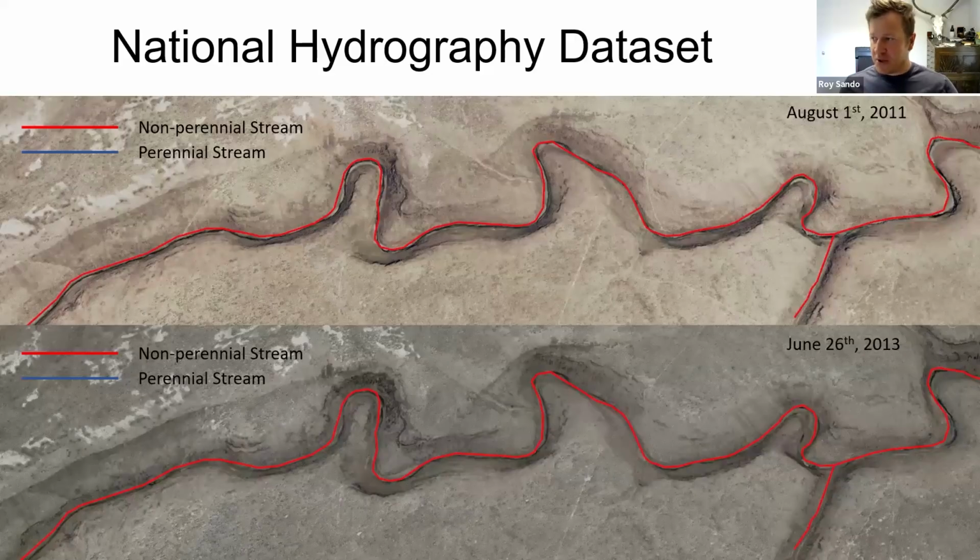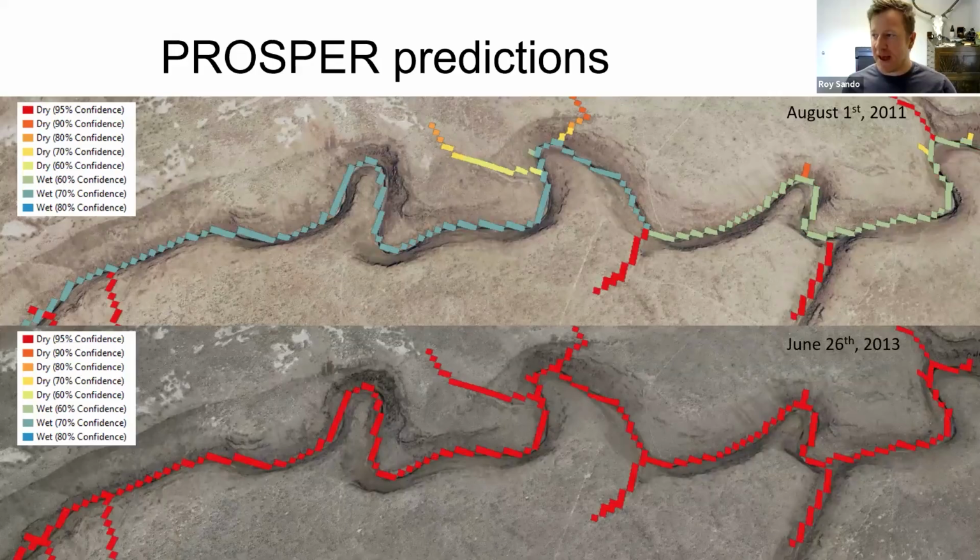So again, just a visual example of what we're trying to move towards. The National Hydrography Data Set with USGS is the most widely known and used hydrography data set in CONUS. And again, their streamflow permanence classifications are static. So regardless of the amount of flow in a system or the amount of flow in a year, they're going to have the same flow classification for all systems across all years, and they're static. However, what we want to get to, and what we have been publishing and improving on, are dynamic predictions. So as you move up and down the stream, we want to capture those climatic conditions of that year and the climatic conditions of each location as best we can.